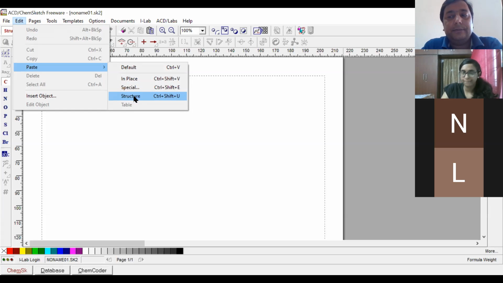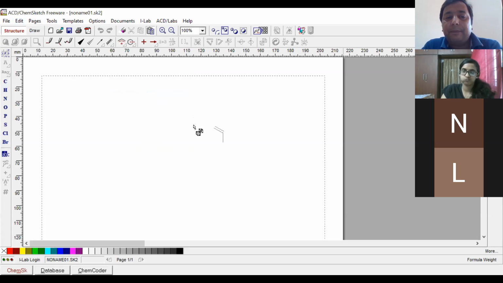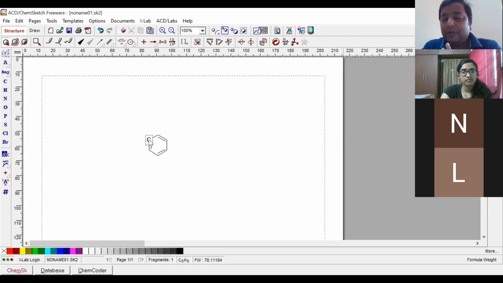It's clear? Now, once you click in the structure, you can see that the template is there on your cursor. Your cursor is carrying the template. Can you see? And this template has come from ISIS Draw. So now you can put it here. Just drop it. I have dropped the same structure. But this structure is still a 2D structure.